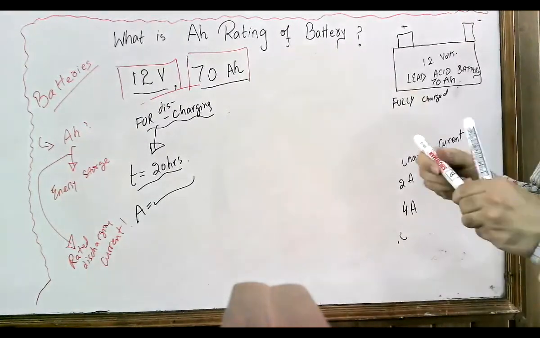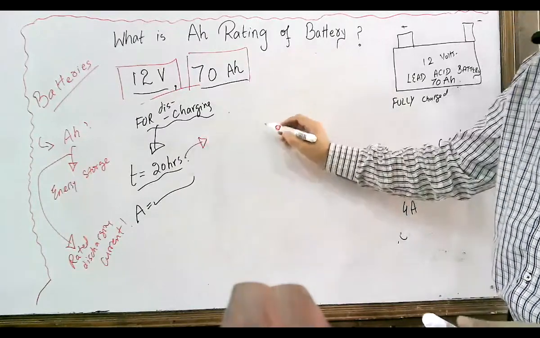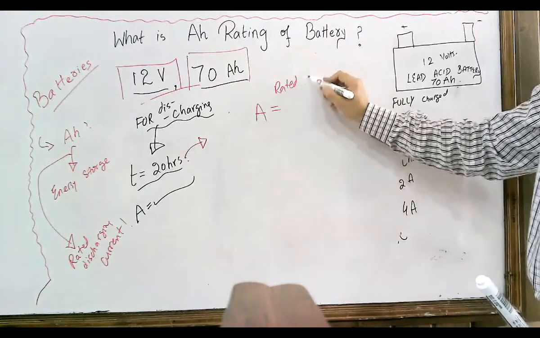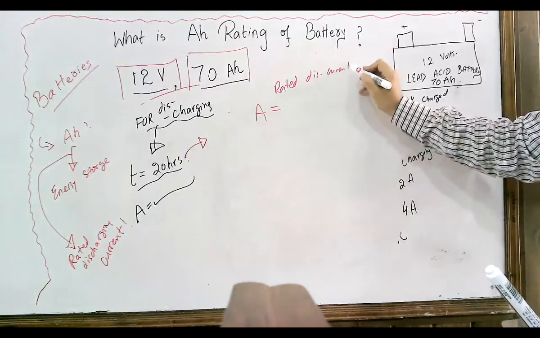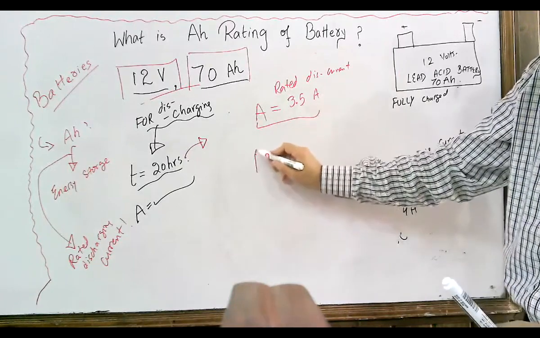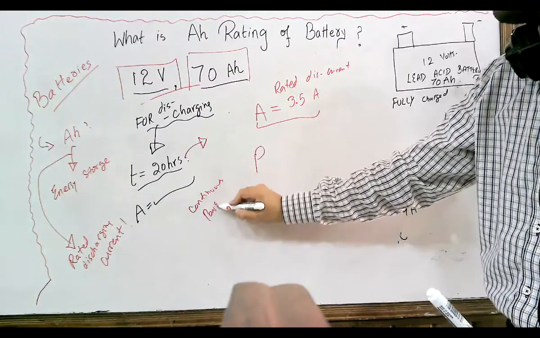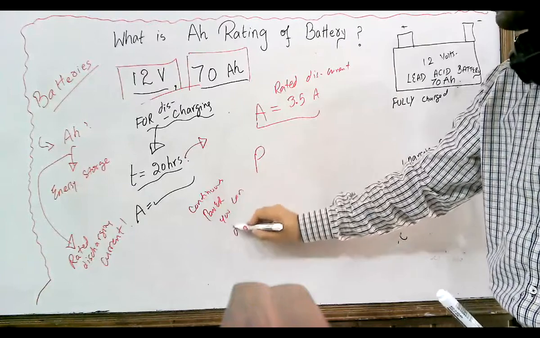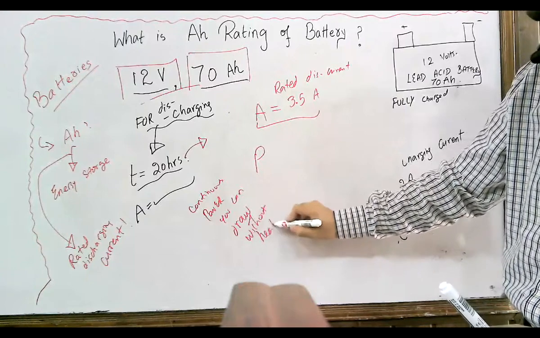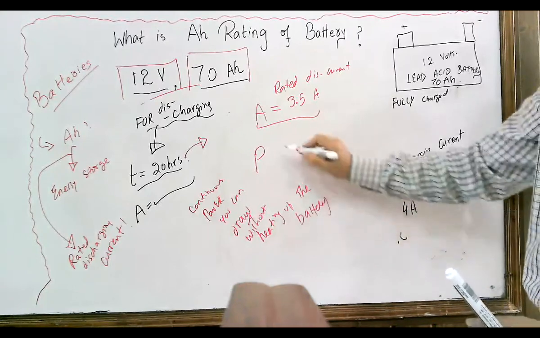Now if you have this battery, then it means that, as I told you, taking the time as 20 hours, the rated discharging current is 3.5 amperes. Now if this current is 3.5 amperes, then what is the continuous power you can draw without heating up the battery? This power, it comes to 12 volts